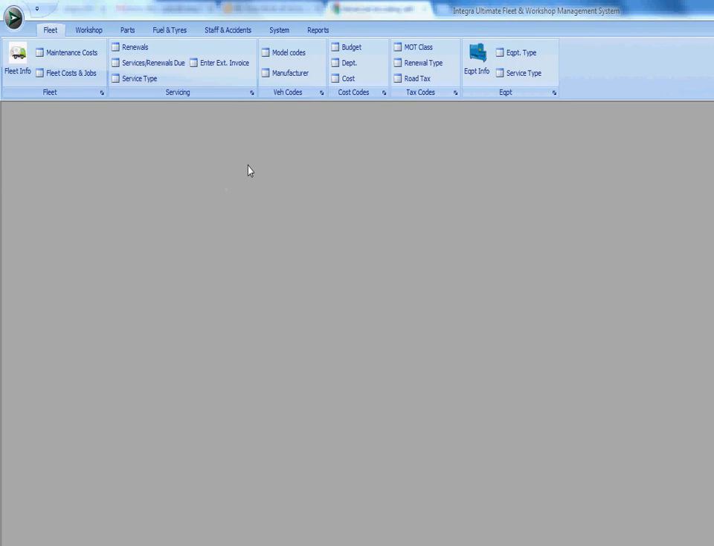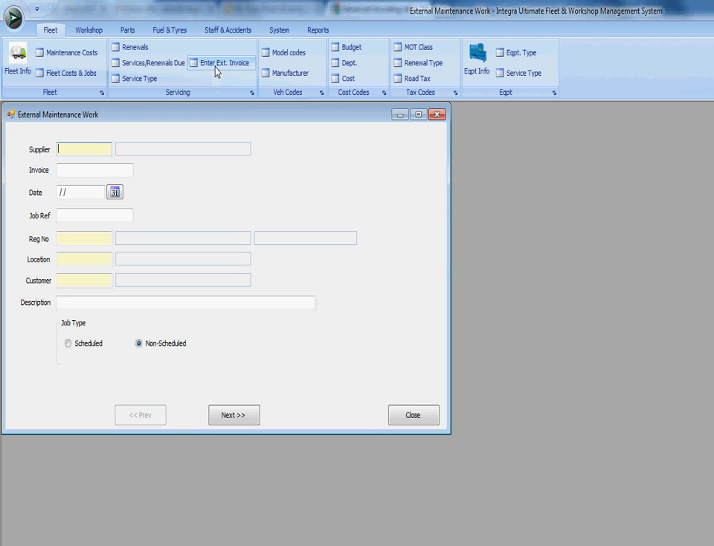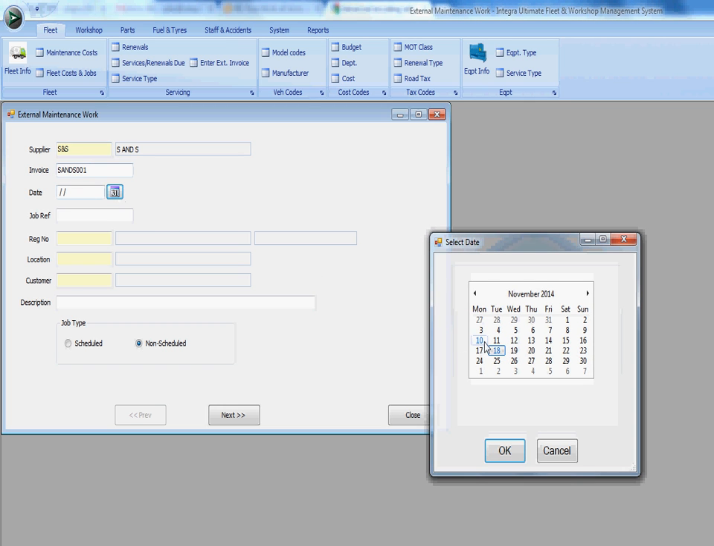So we open up the external or supplier invoice entry screen by clicking on this button here, enter external invoice. We select a supplier, we enter an invoice number, I'll say S1S001, select the invoice date,